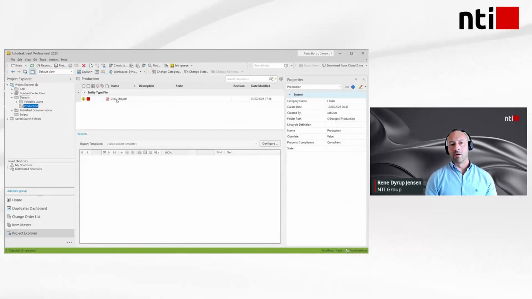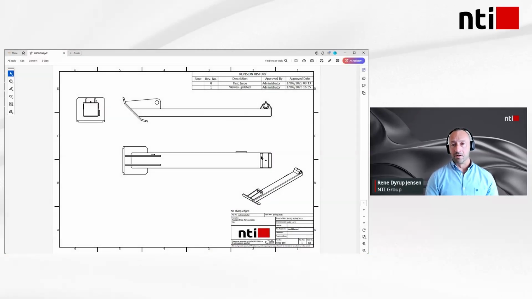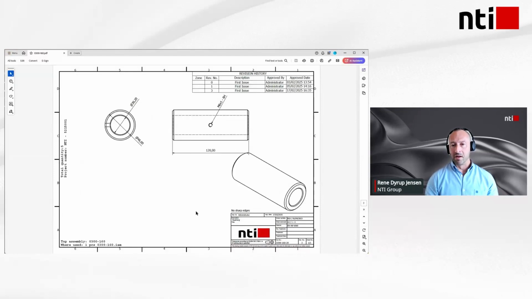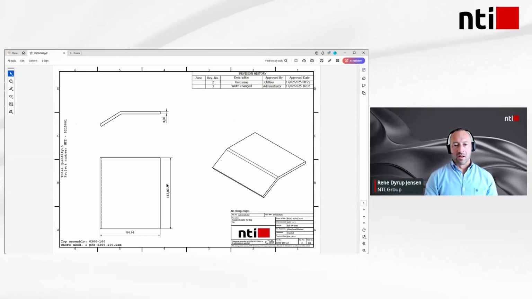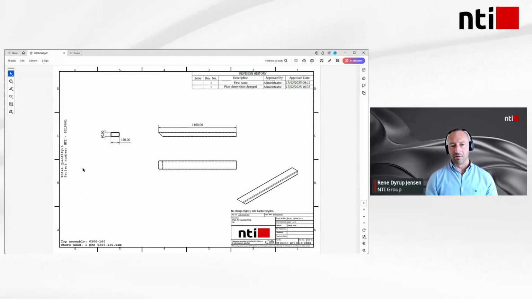So now I actually executed the job on that specific item. Could as well be an assembly. So you see, this is the drawing of the main assembly, and this is the sub-drawings with the different watermarks. And the watermarks can actually be placed on top of the title block, so they actually look like properties coming from the model, but in real life it is just watermarks.